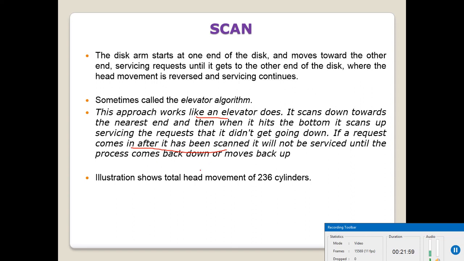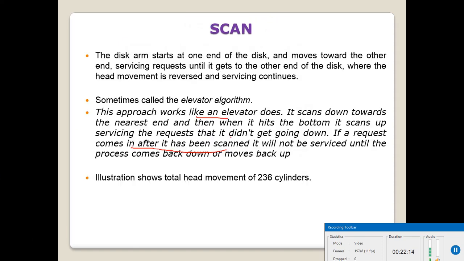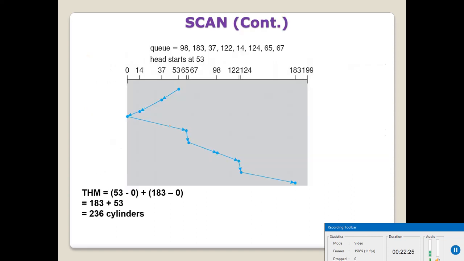Alright, going to the example. Now it will either go down or go up, so it works like a scan. An important point to note is that it scans towards the nearest end. So it may start moving down or upwards depending on which end is closer.